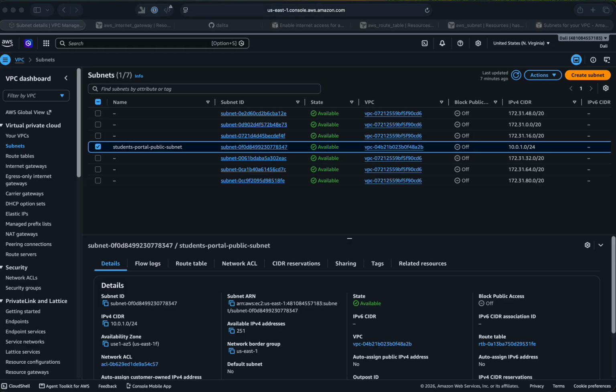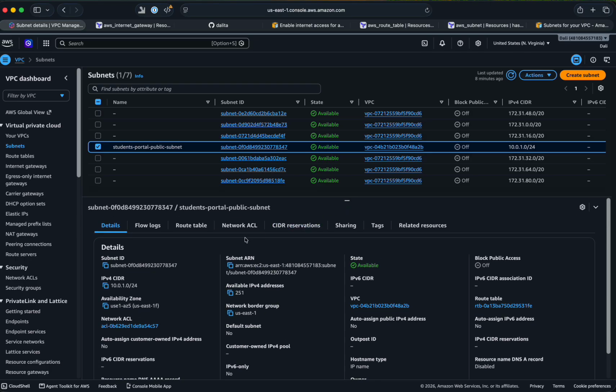First, we can see the subnet is in the available state, which means it was created successfully. Next, notice the IPv4 CIDR block. It's using 10.0.1.0/24, exactly the value we configured in our Terraform variables. We can also verify that this subnet belongs to our Students Portal VPC, not the default VPC. AWS has also placed it in an availability zone. In my case, it's US East 1F, but this may be different in your AWS account depending on the region